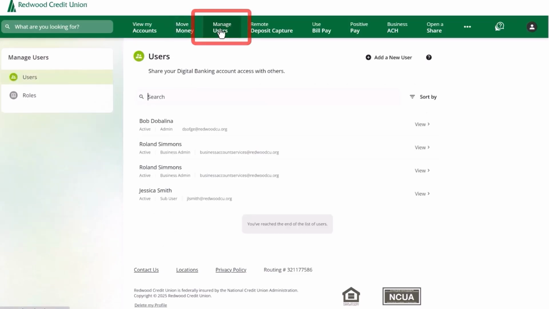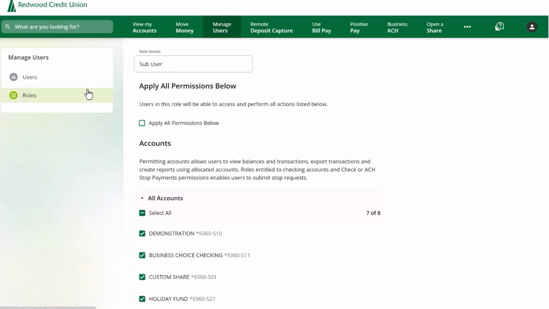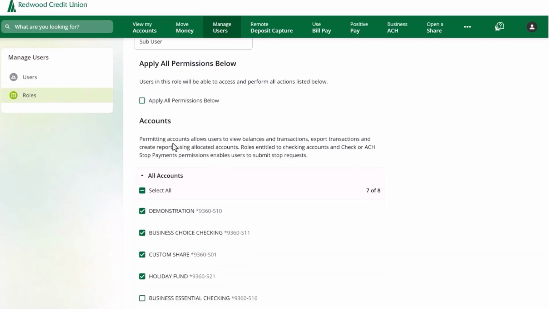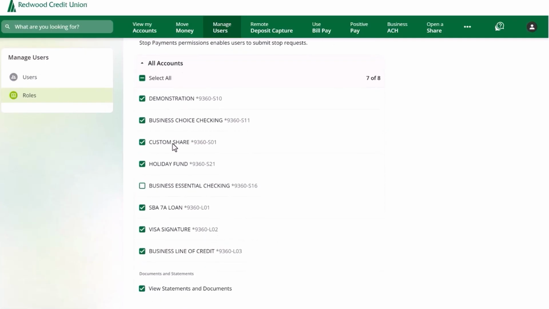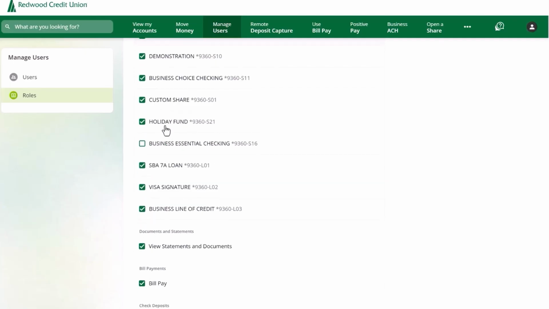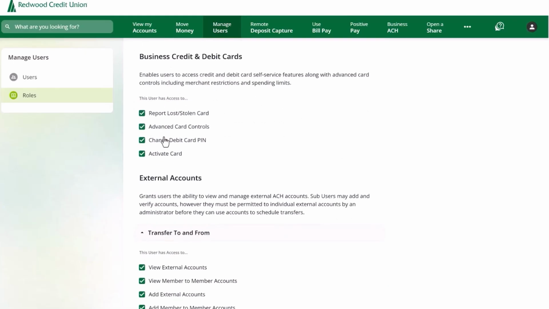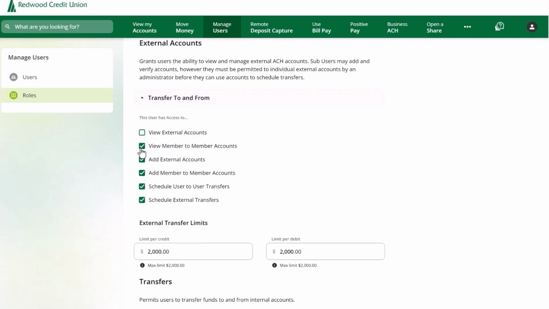Moving over to Manage Users, this is where you can manage all of your sub-users. So if there is a bookkeeper, we would want to create a bookkeeper role. The roles and users work together. In order to set permissions, we first need to create a role. As you can see here, we can customize which accounts the sub-user has access to, what they can see, and what they can do. If it's a bookkeeper, you may not want them to be able to transfer any money. So you can just uncheck all of those